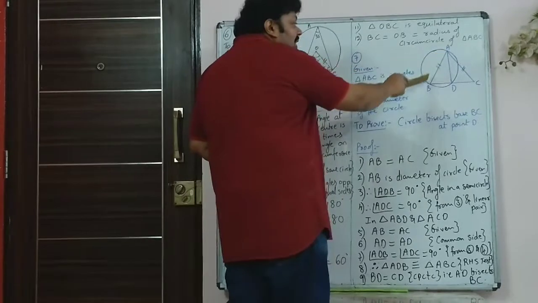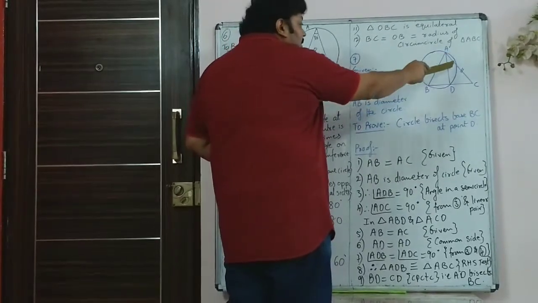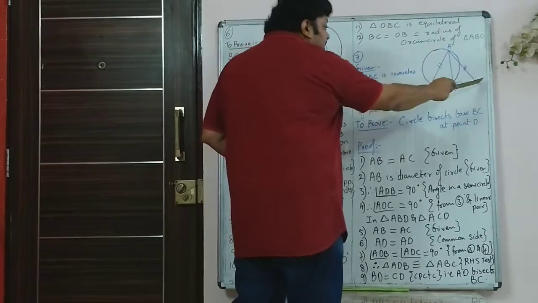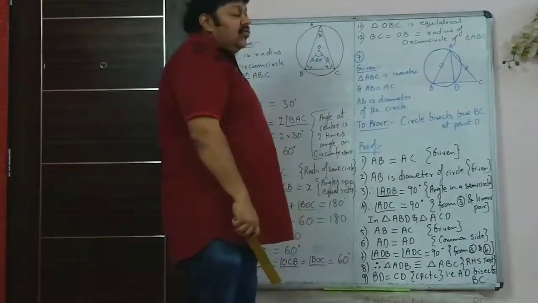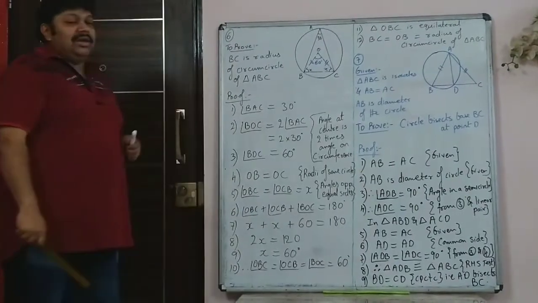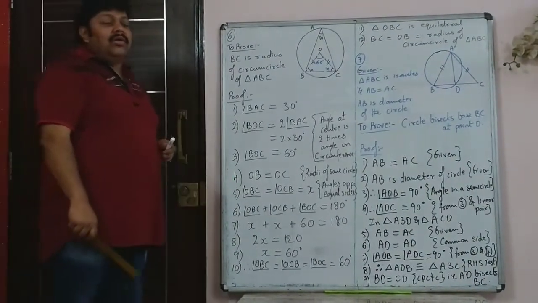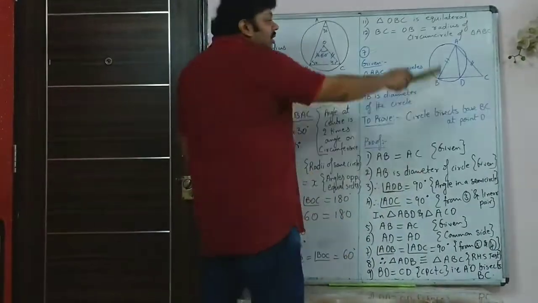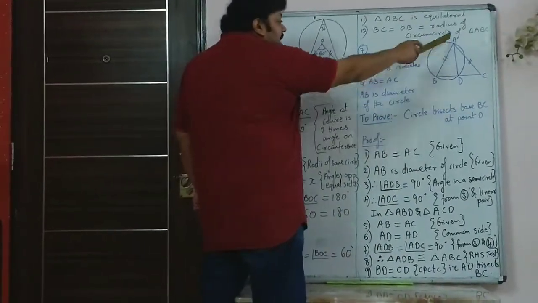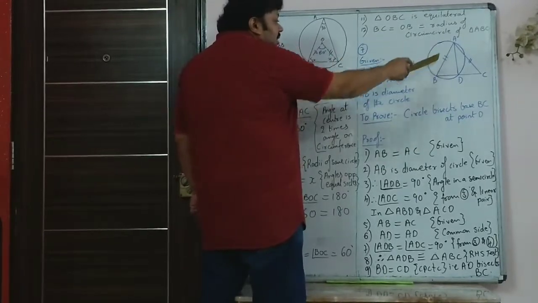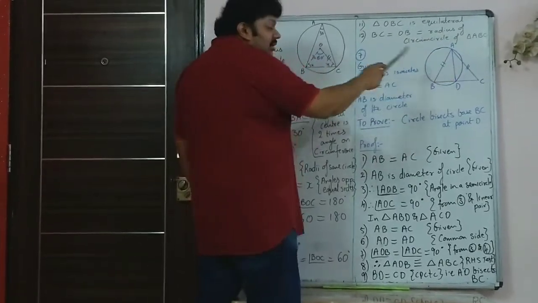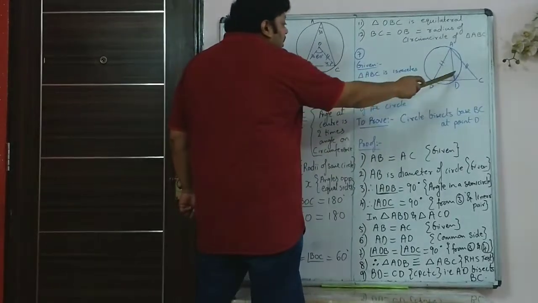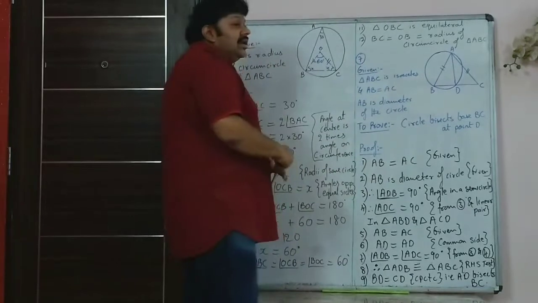Triangle ABC is isosceles triangle and AB is equal to AC, one of the equal sides. That means with AB as the diameter, you are drawing a circle. You have to prove that this circle bisects the base. So in other words, you have to prove that D is midpoint of BC. AB and AC are already given equal. AD is common side, and since AB is diameter of this circle, it is given in the question. So therefore angle ADB, this angle will be 90 degree.